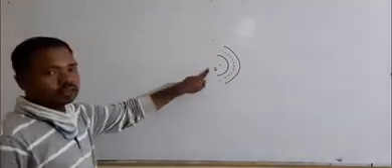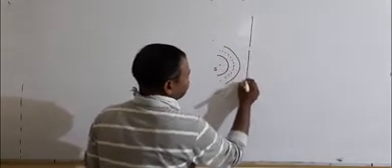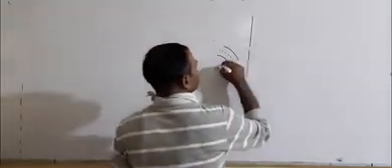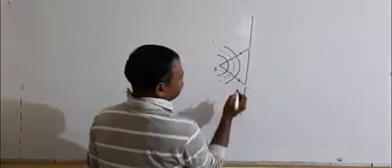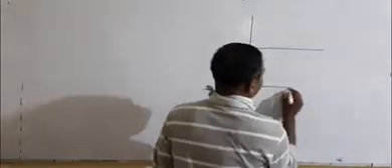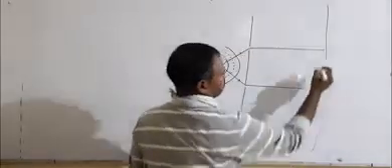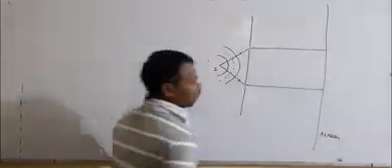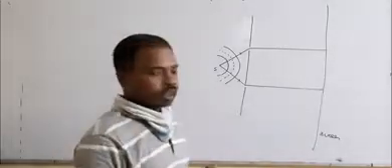In front of this source, I will put two narrow slits symmetrically with each other. Light from the source can pass through the two narrow slits, and after passing through the narrow slits, they interfere with each other, and if a screen is placed on its path, on this screen alternately maxima and minima are obtained, or bright and dark fringes are obtained.